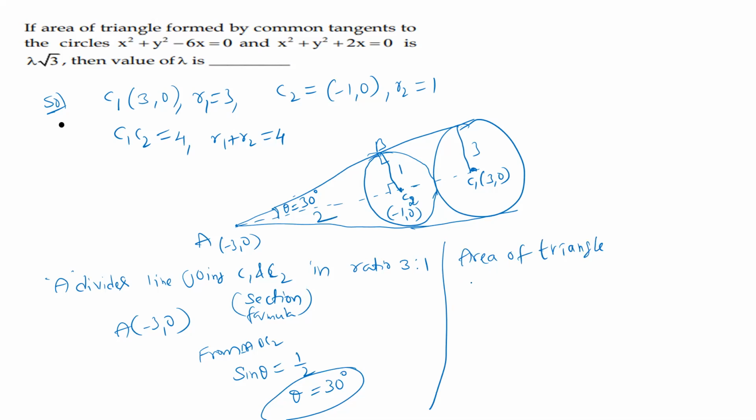Area of triangle, half into base. Now here, the base is AB. AB length, actually, how much we need to find? AB length we don't know, but we know the hypotenuse and opposite. Condition wise, hypotenuse is 2, opposite. Now you take the whole triangle, the complete triangle, the last triangle. So 3, this is the value you are taking, tan 30. Now this total length, what will you take here in this case? Distance between (-3, 0) to (3, 0), condition wise. Okay, the whole area we need to find out.